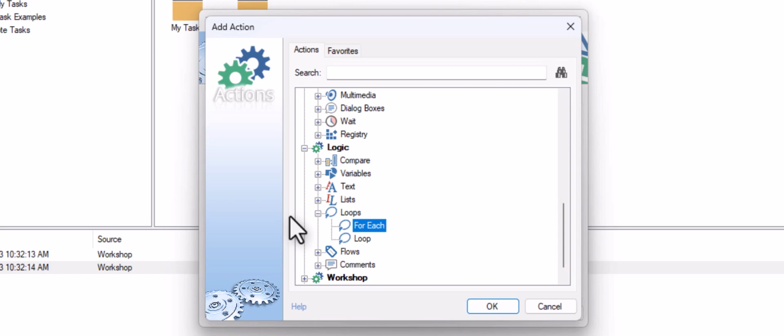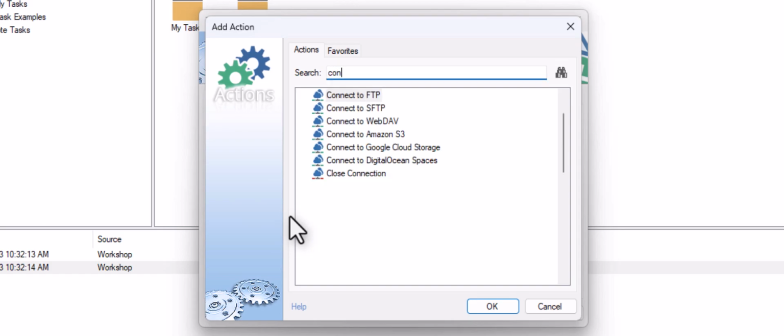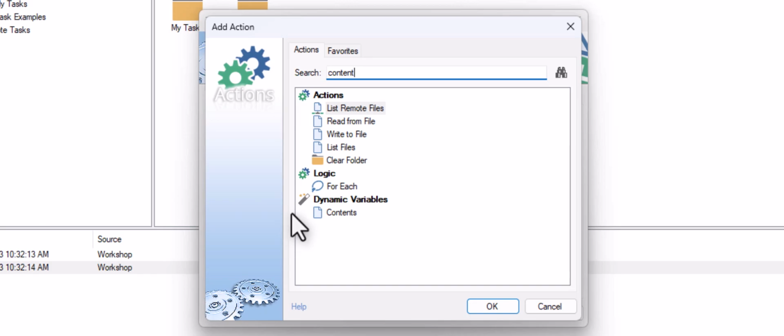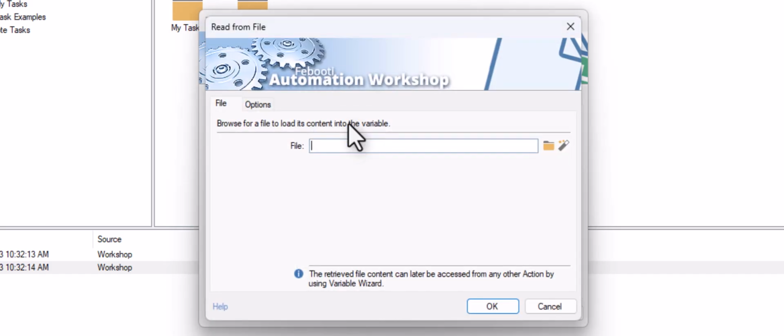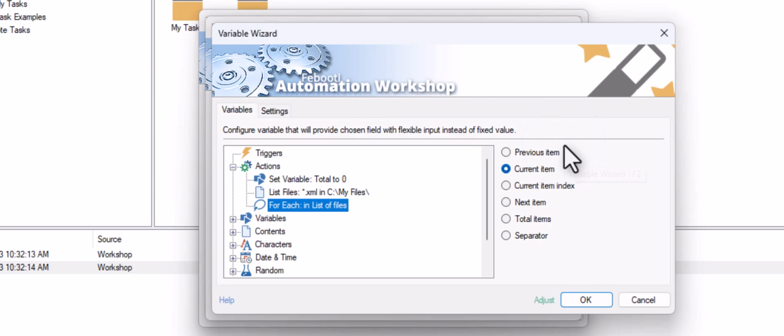I need to access the file content. The read from file action allows reading any plain text file format, including XML files. We need to provide a file name. Let's use the variable wizard again. It is already suggesting that we use the current item from the for each action.